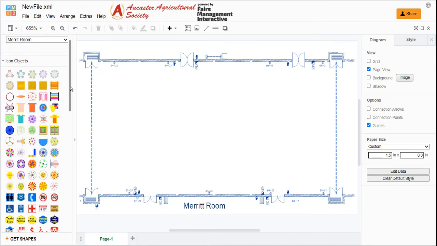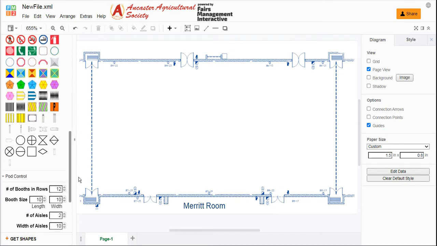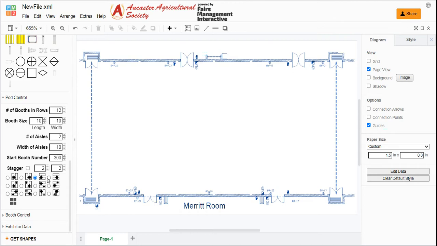Let's go ahead and look at laying out a banquet space with our pod control. So if I go to my pod control and I want to lay out a banquet space that has what we call an X pattern, which is that crisscross pattern that you lay tabletops on. So if I was to say I want 3 booths in a row,